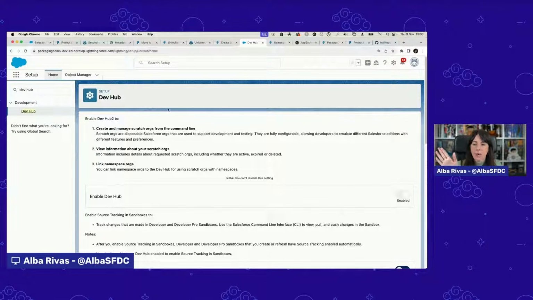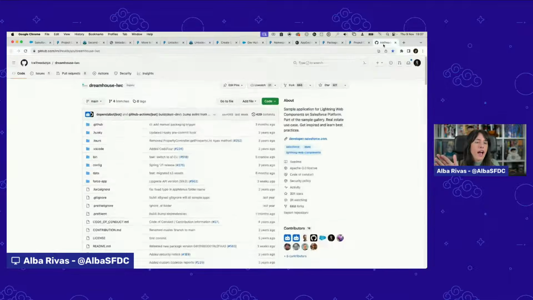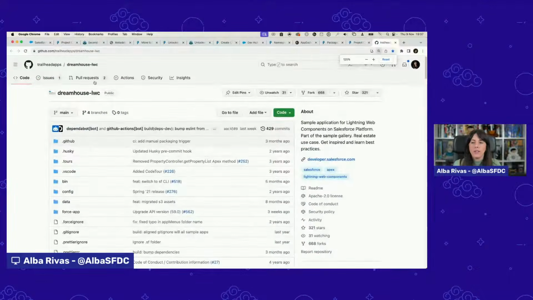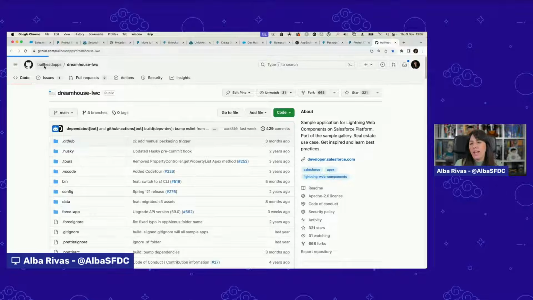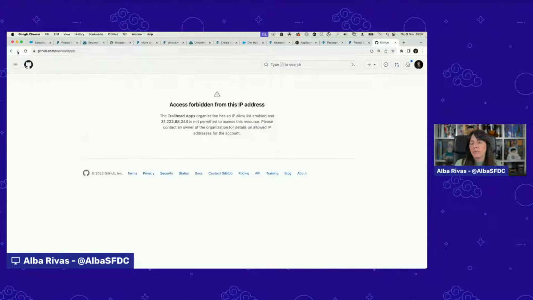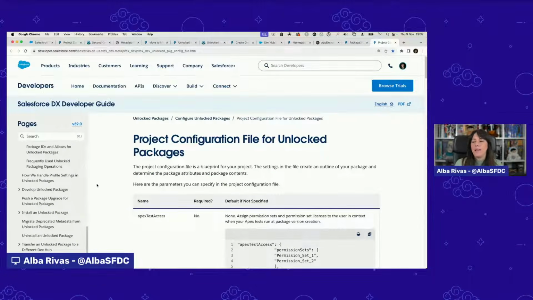Fantastic. So this is our dev hub. What I have done is set up this org as a dev hub, and I've cloned the Dreamhouse LWC repo. This is one of our sample apps that I hope you're familiar with. And if you are not, I recommend you take a look at our Trailhead apps. Well, you know what happened? I'm not connected to the network, so you are not going to be able to see it. But you believe me that